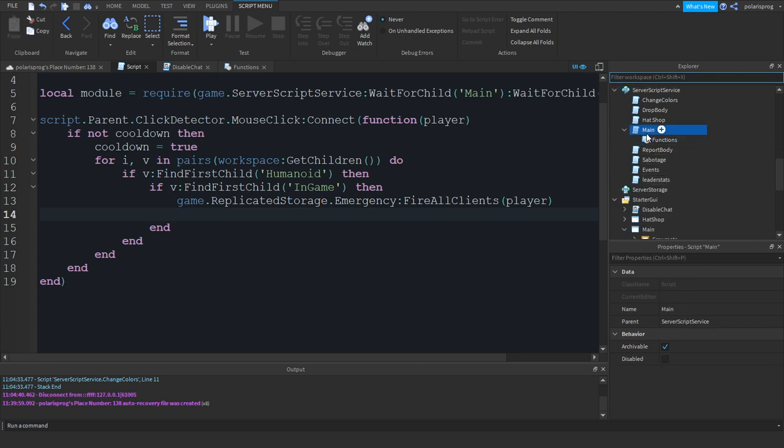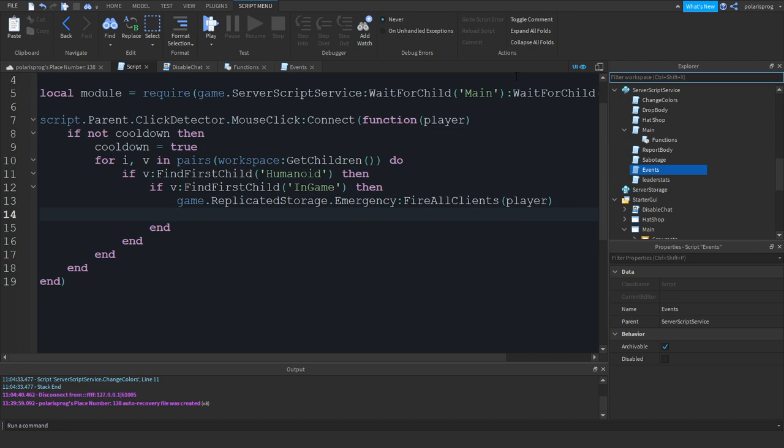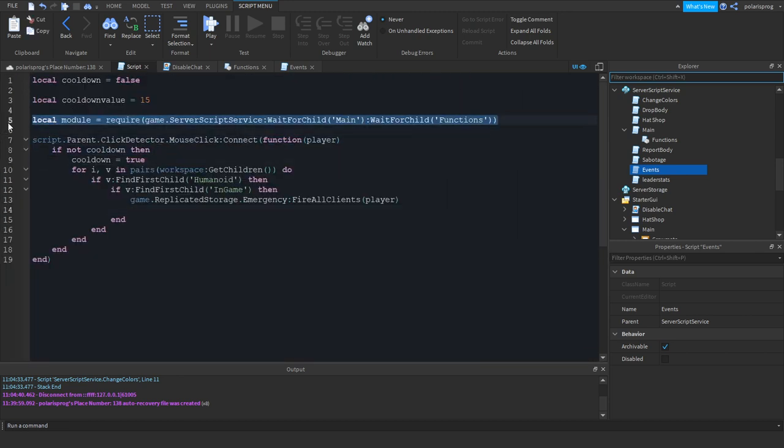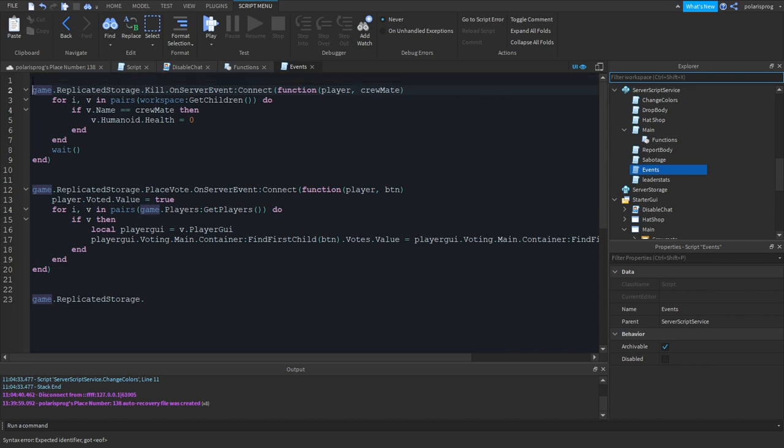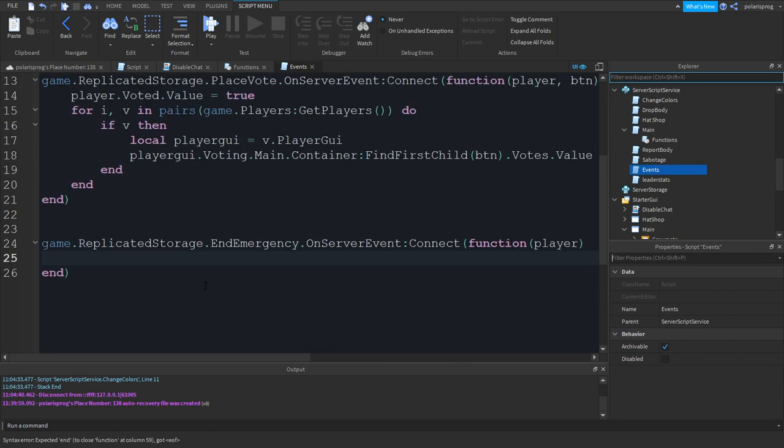Just enter your events script, and all we have to do is write game.ReplicatedStorage. Let me first require that module. Just delete this line, I mean Control X, go back to your events script, paste it on the top, and just write game.ReplicatedStorage.Events.EndEmergency.OnServerEvent:Connect(function(player), and we have to, I think, yeah,